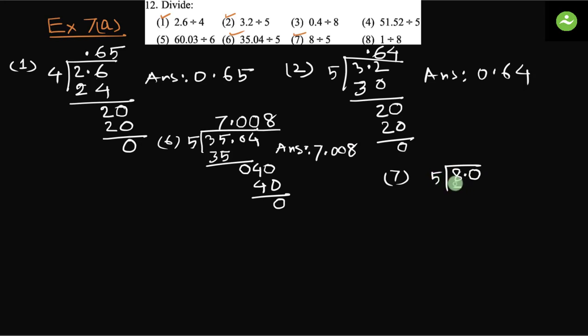Yes, it divides. 5 into 1 is 5. Deduct 5 from 8, it is 3. Bring down the next digit. Before you bring down, see here is a decimal point. Put the decimal point in the quotient. Bring down the next digit. 5 into 6 is 30. Deduct 30 from 30 is 0. The answer